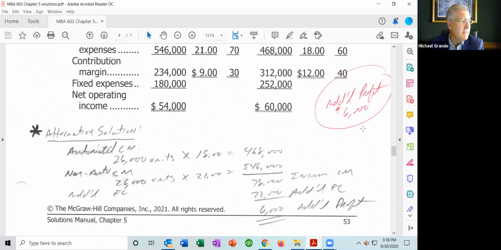Now, my handwritten scribble here is an alternative way to get there. You don't necessarily have to do that one, but you can see it's a little bit more streamlined, right? So on an automated basis, this is quantity times price, looking at the contribution margin only. On an automated basis, they're selling 26,000 units. The contribution margin per unit